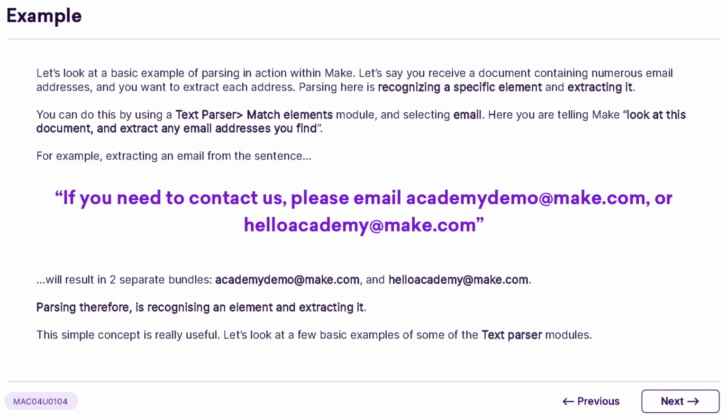Let's explore a simple yet powerful example of parsing in action using Make. Imagine you've got a document filled with numerous email addresses. Your goal is to extract each email address individually. This is where text parsing comes in handy. By utilizing the text parser's Match Elements module, you can instruct Make to search the document specifically for email addresses. Essentially, you're asking Make to look for any text that matches the pattern of an email and pull it out